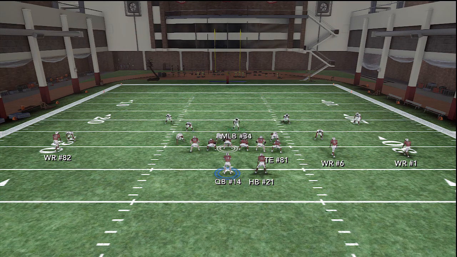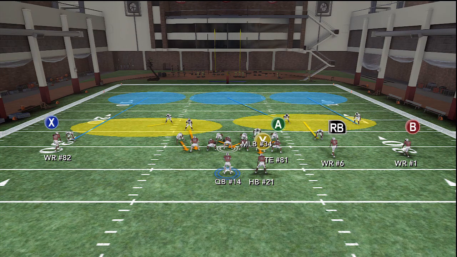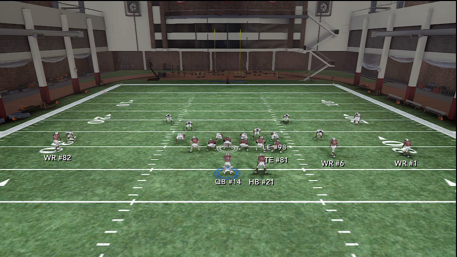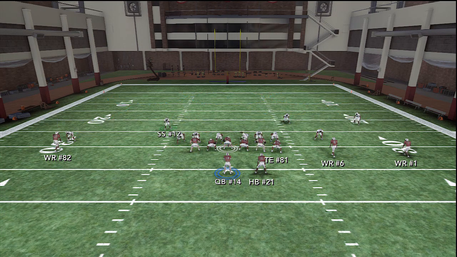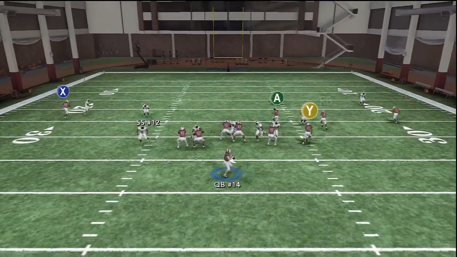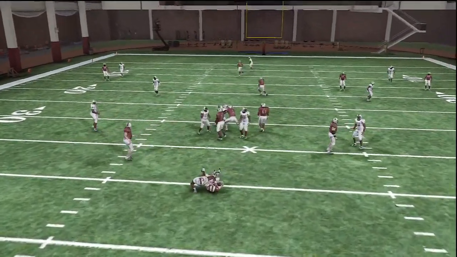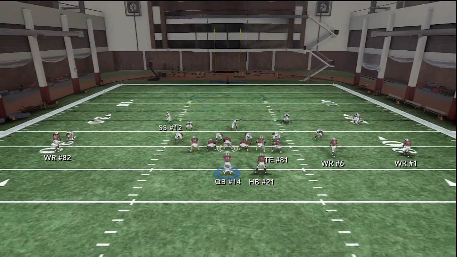We're going to crash our line down, re-blitz this middle linebacker. If I can get to him. Stack him over there. Stack our right outside linebacker here. And then we can put the opposite end in a contain. But you really only have 2 zones, 2 yellow zones over here over the middle. You still can run it this way, don't get me wrong, because you are still going to get the B-gap pressure with no issue. And you still will get the pressure off the left edge the same way as you did last time